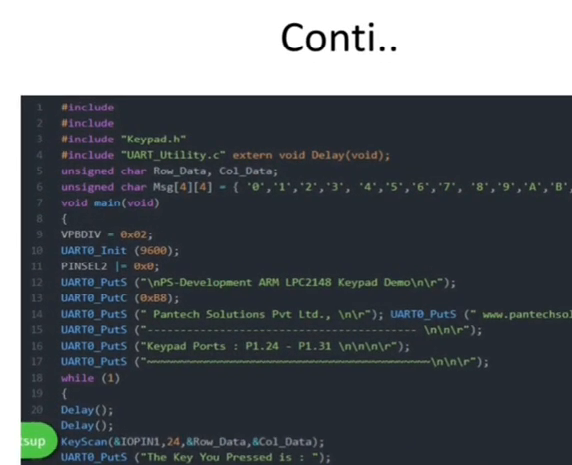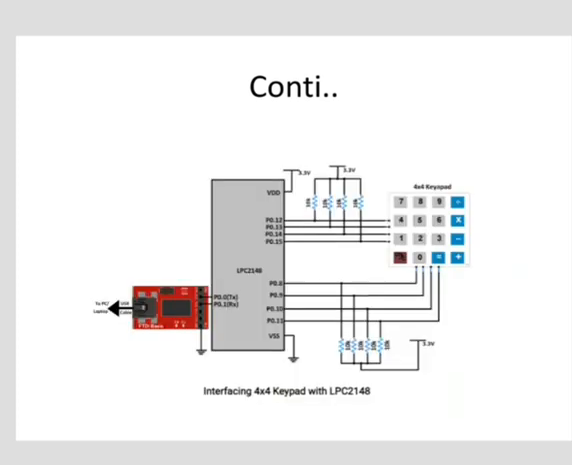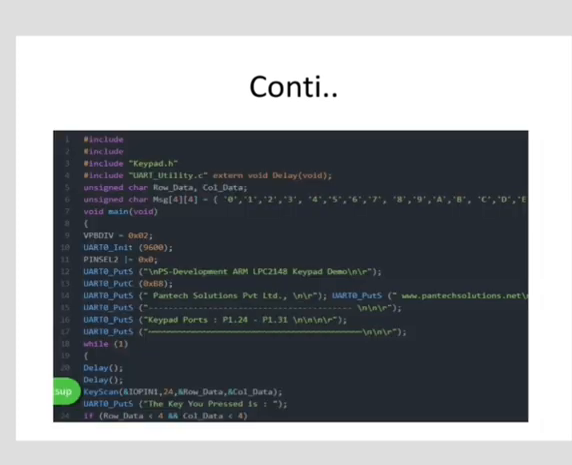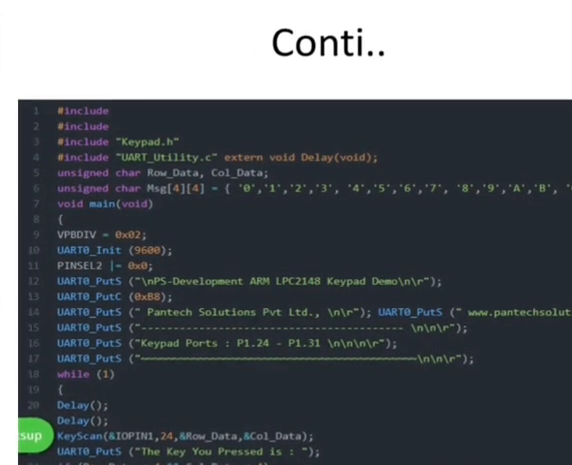Now the next, so this program is for the interfacing of the 4x4 keypad. Here is the program for 4x4 keypad interfacing with LPC2148. So first is the initialization, then next is the unsigned character row data, column data, unsigned character message of 4x4, then void main, then next is